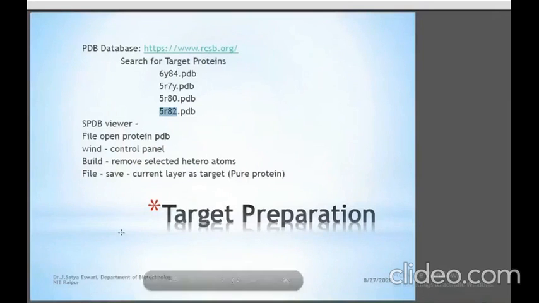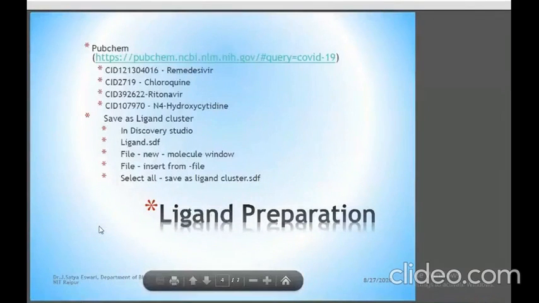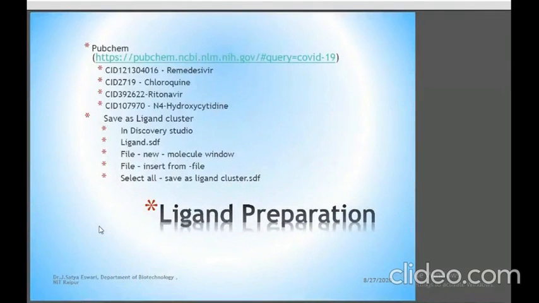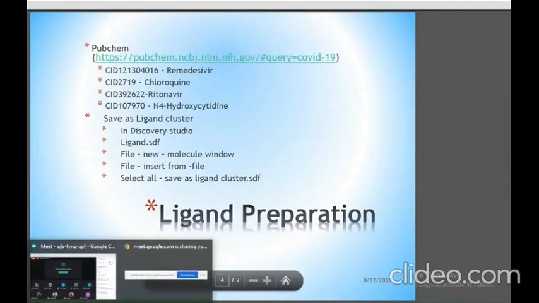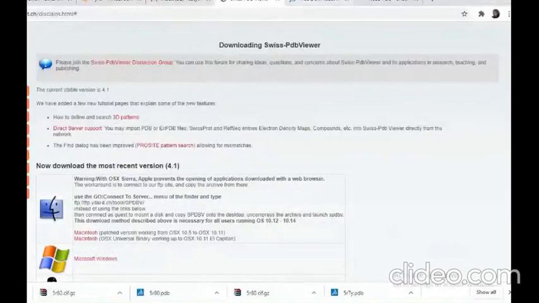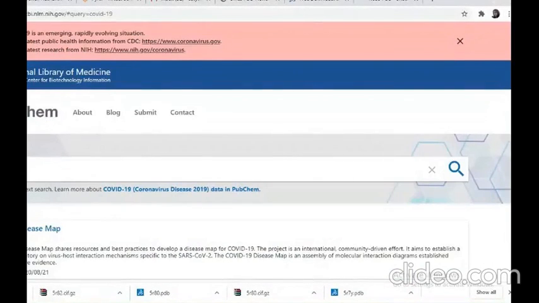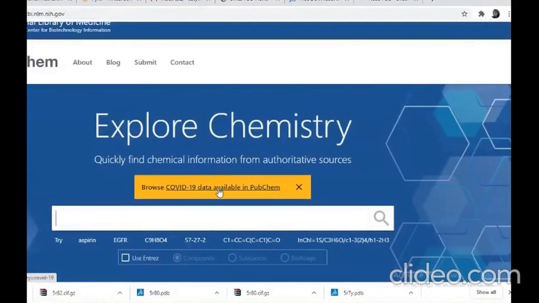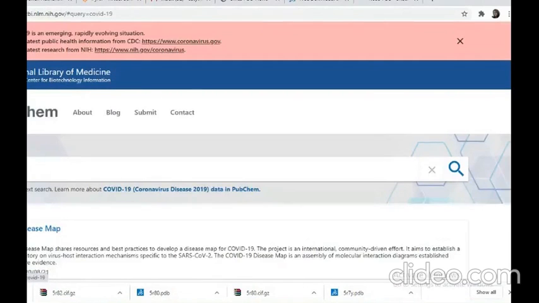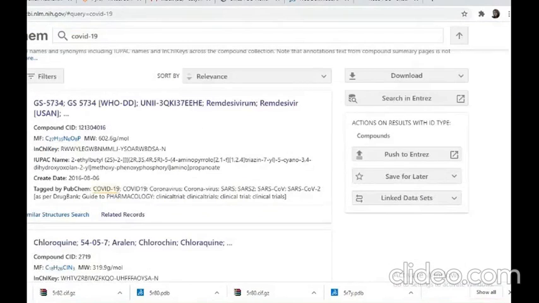Go for the next slide. That is ligand preparation. What I did, I directly went to PubChem and took the compounds directly. I clicked COVID data available, and the first 4 ligand molecules that are there, that only I have taken.